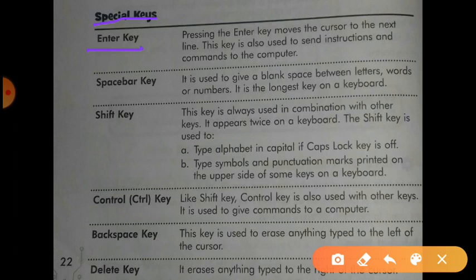Okay students, enter key is used to move the cursor to the next line, and this key is also used to send instruction and command to a computer. Now the second special key is spacebar key.